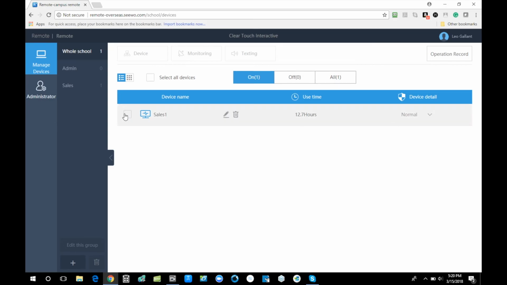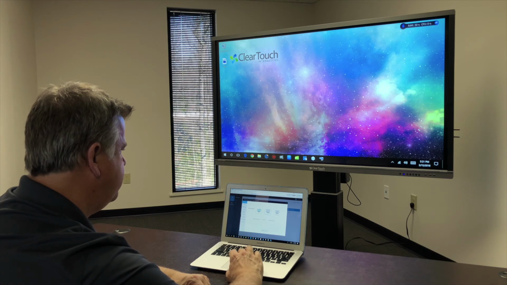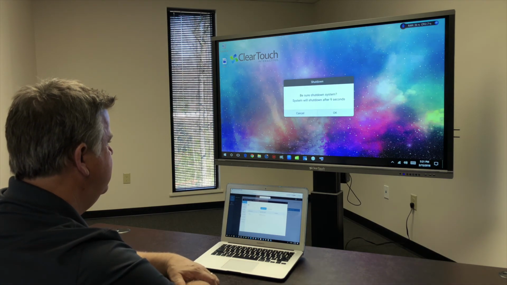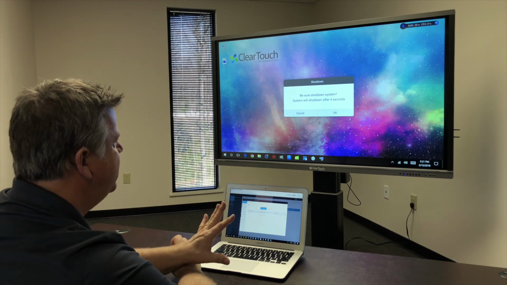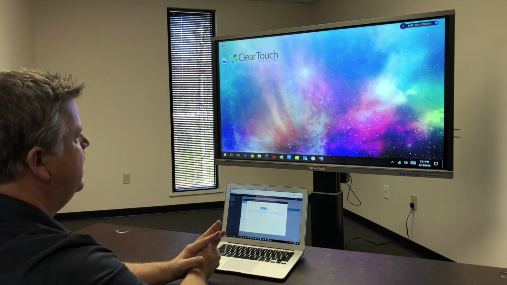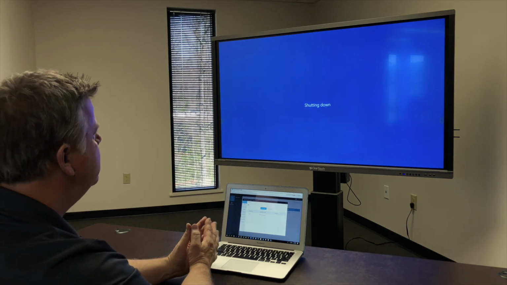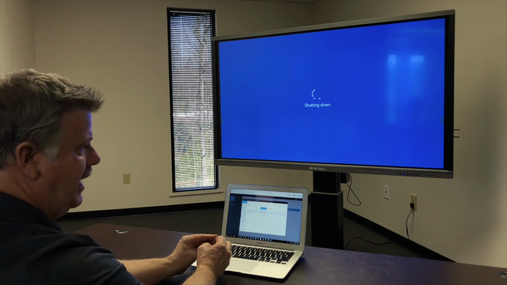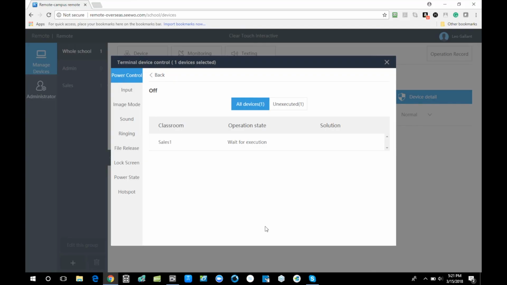The last thing I'm going to do is I'm just going to select our device here again, and I'm going to power off the panel. Send that out here, and you can see we're now powering down. So think about being able to make sure, and this can be scheduled as well, and it can be a recurring schedule, making sure that all your panels shut down and receive that command a couple times every night, so that you save power in the overnight hours. Also, if someone happens to walk in, say at 7 o'clock at night, you could have set the panel to receive another power down command at, say, 10 o'clock at night, just to ensure that all panels truly are powered down for the